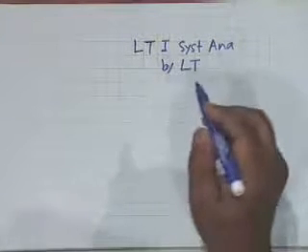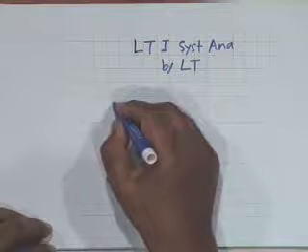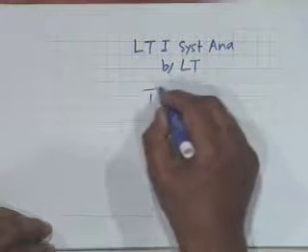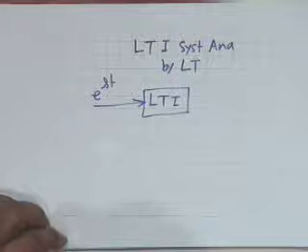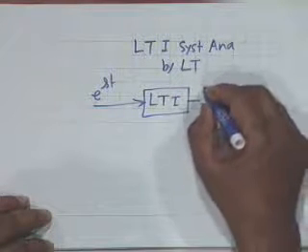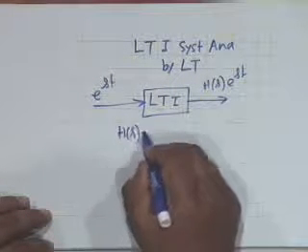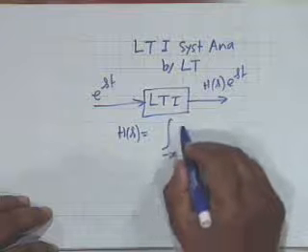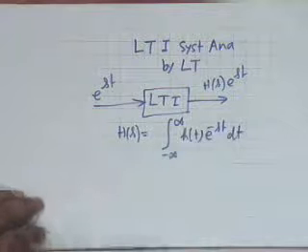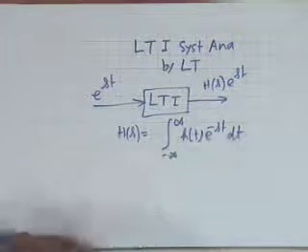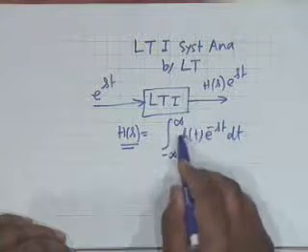And the basic premise or the basic concept which is utilized is that if we have an LTI system, then e to the st is an eigenfunction. The response would be of the form H of s e to the st, where H of s is the integral from minus infinity to infinity h(t) e to the minus st dt. In terms of Laplace transform, now you see that capital H of s is nothing but the Laplace transform of